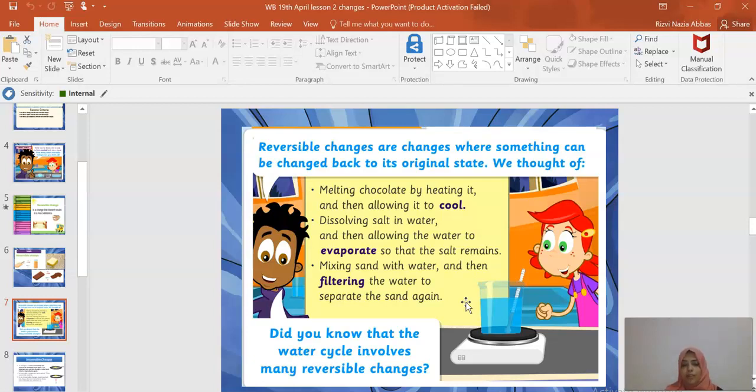Even the water cycle, which we have studied, how the water goes around in the environment, involves reversible changes, because the water evaporates, condenses and comes down again. I hope you got the meaning of reversible change. Think of some examples where you have seen changes which are reversible.